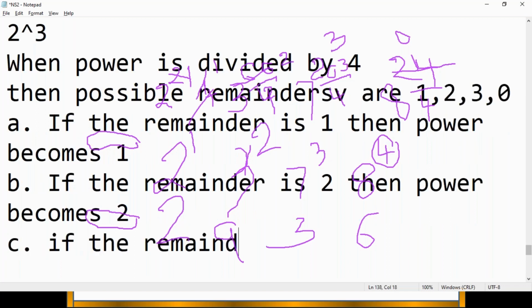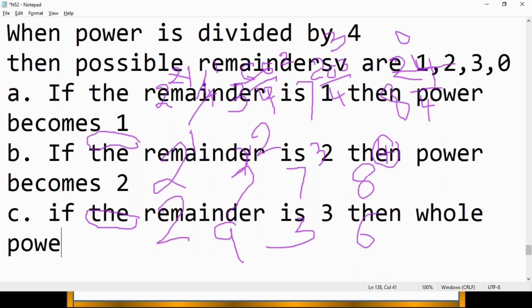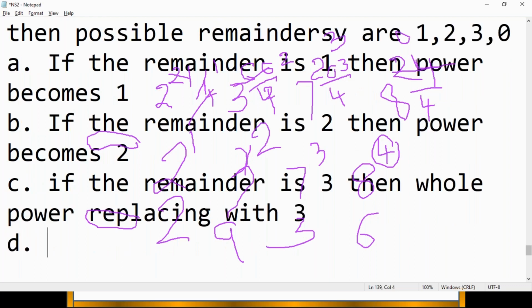If the remainder is 3, then the whole power is replaced with 3. If the remainder is 0,